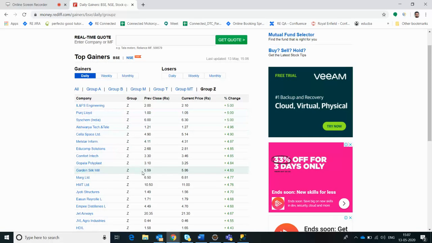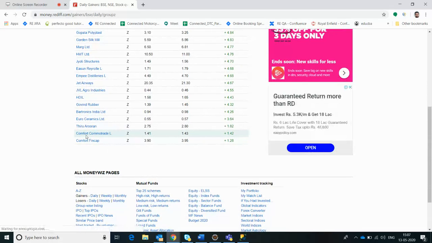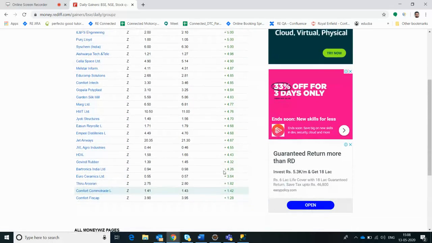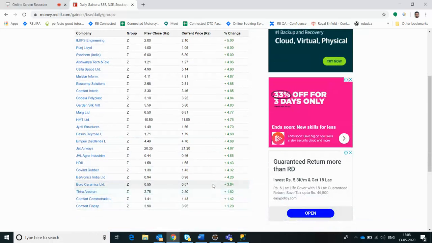Let's say we wanted to find the current stock price for the second last company, right? What is special about a dynamic web table is that it will not be static.